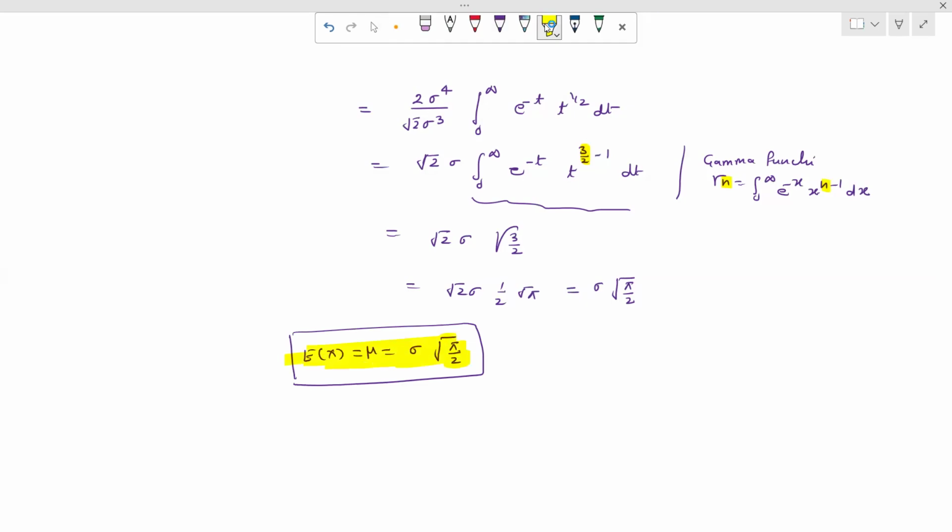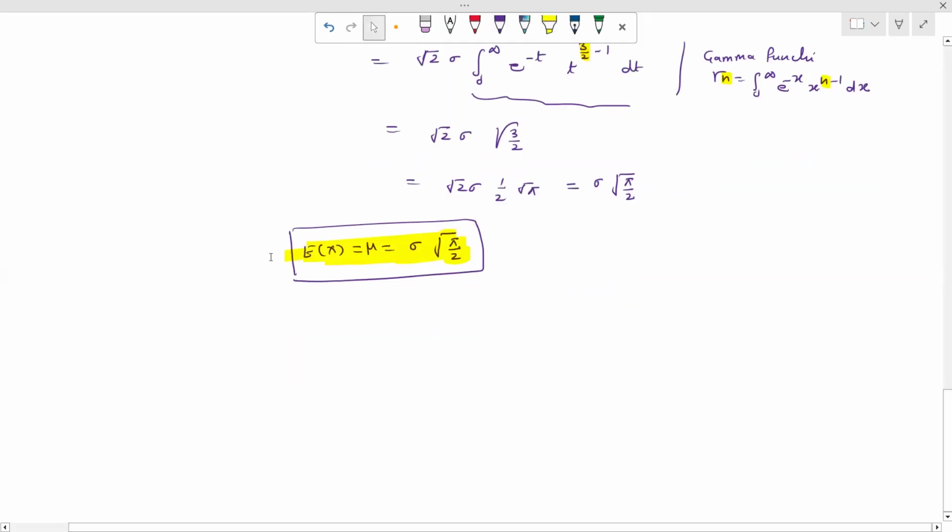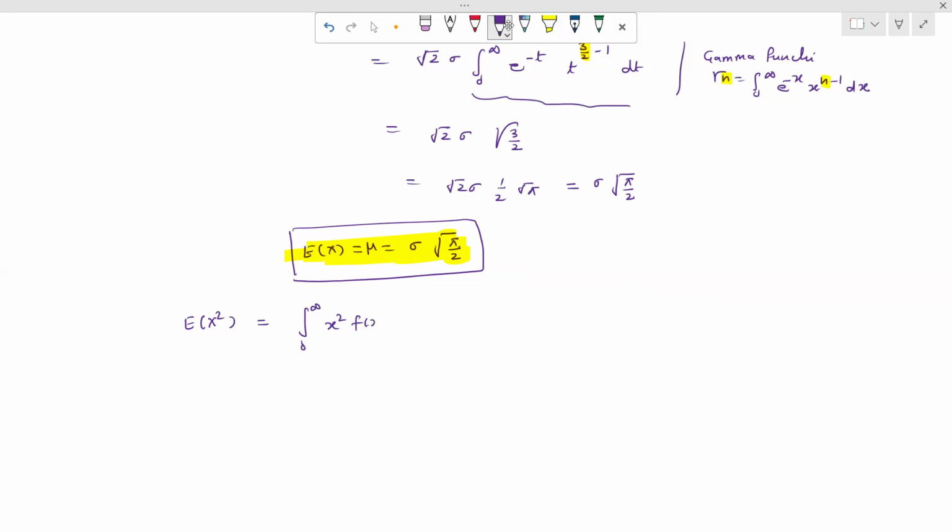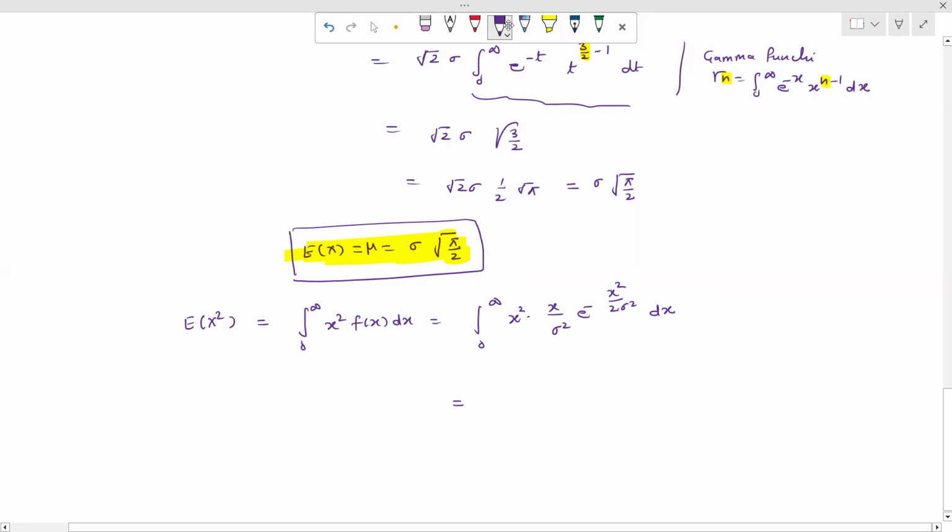Now we obtain the variance. Before obtaining the variance, we obtain the expectation of x square. Expectation of x square is the integration 0 to infinity x square into fx dx. So this can be written as 0 to infinity x square into x upon sigma square e raised to the power minus x square upon 2 sigma square into dx. So here we calculate the value of this. When you integrate this, we get the value